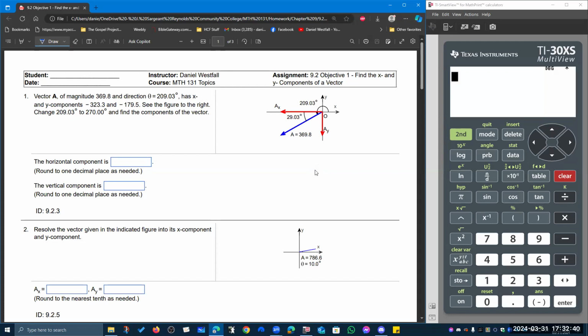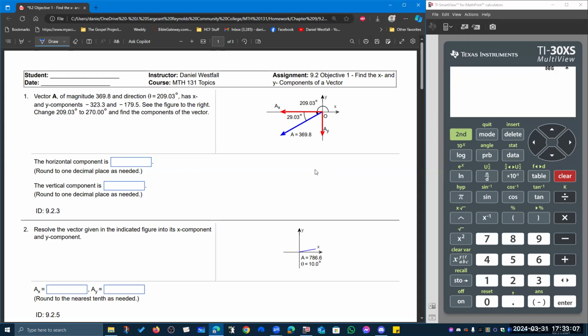It has x and y components that are negative 323.3 and negative 179.5, negative for both components because it's in quadrant 3. We could also put that a sub y right here to help us see that right triangle and use our sine and cosine functions to do that. But what they want us to do is keep the same magnitude of this vector, but